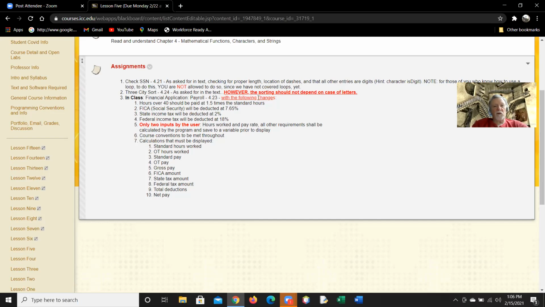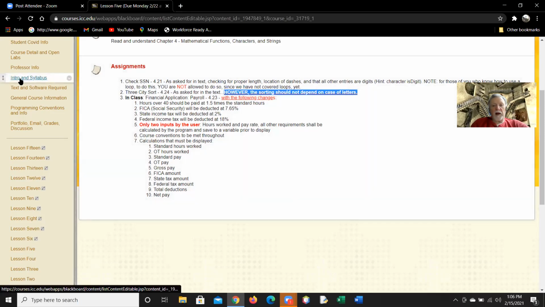The 3-city sort. And again, no matter how I type it, the sorting should not depend on the case of the letters. Every semester, I'd say a third of the students lose points because of that. Java takes into account the difference between uppercase and lowercase. And how that works